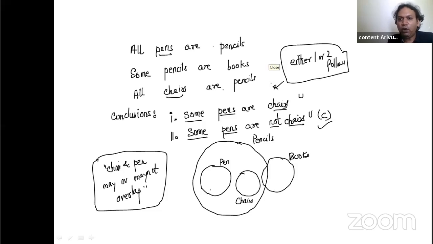Here, when both statements are uncertain and there is a some-no combination, some X's are Y's, no X's are Y's, we have a some-no combination with the same subject and object, X and Y, then the answer is either or. Another case of either or is this one: some A's are B's, some A's are not B's. Both are uncertain, then the answer would be either or. If there are other two uncertain statements, but there is no either-or kind of combination, then you don't need to worry about the answer.